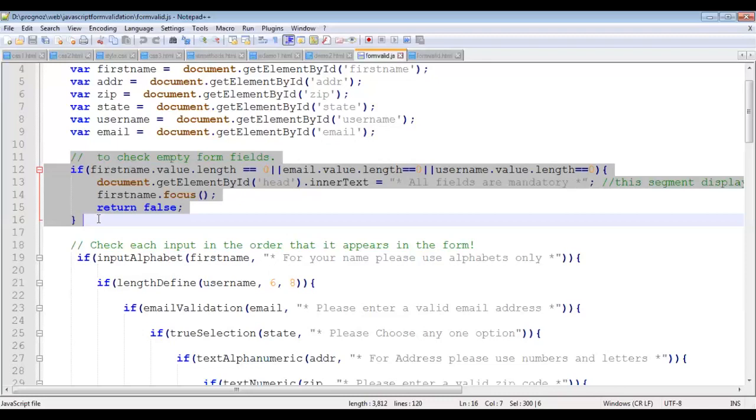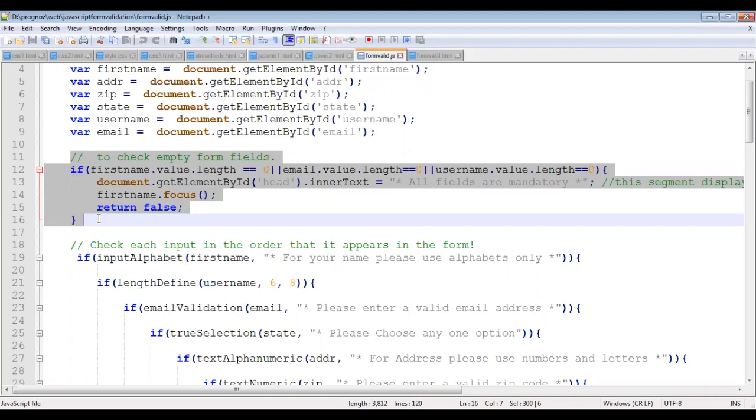Means if the length of a text box is exactly equal to 0, then we can say all fields are mandatory. We have to display that error message within a paragraph, and then you can focus any one of the text boxes. Because I have not taken a function for this, we have simply focused the first name text box, and then we have to return false.